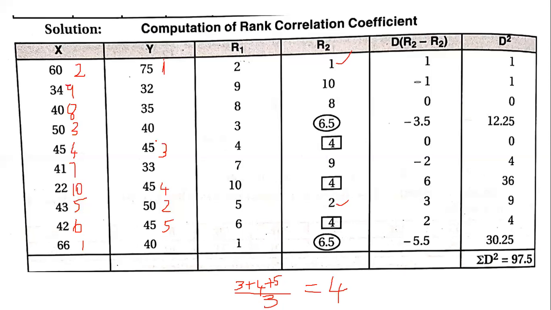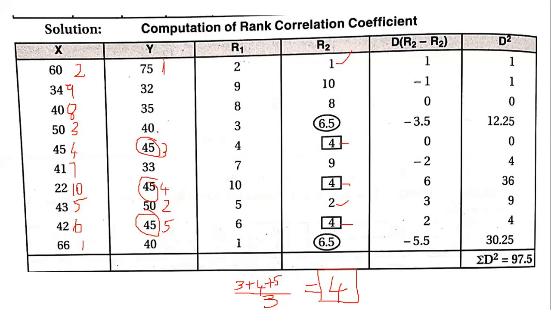So all the 3 numbers, that is 45, 45 and 45, will be given fourth rank here. So 4, 4 and 4. Since it is repeated, we are giving the number a square, so it will be easy for us to understand that that particular rank is repeated. Okay, now going on further, after 45, the next highest is 40. Now if you see, the number 40 is again repeated.